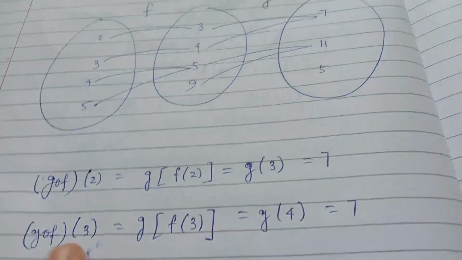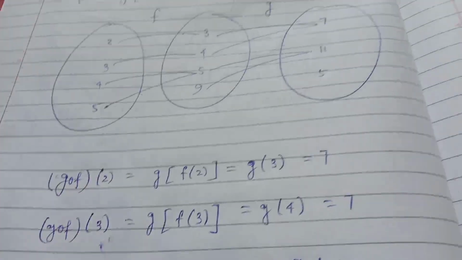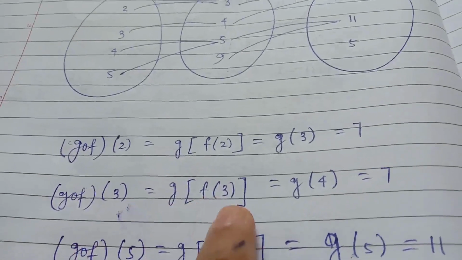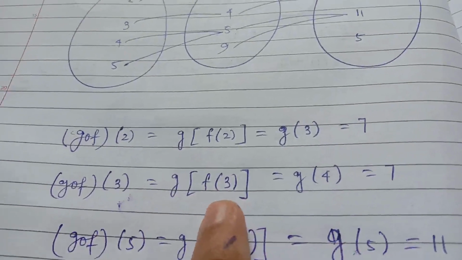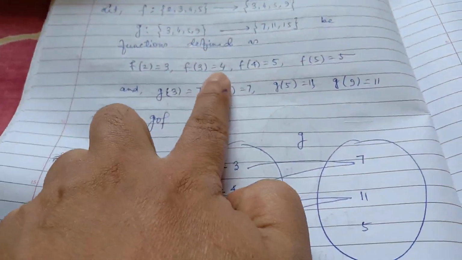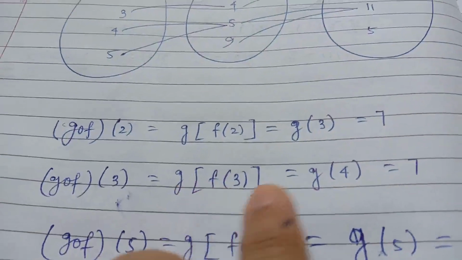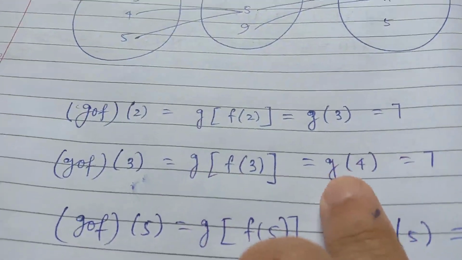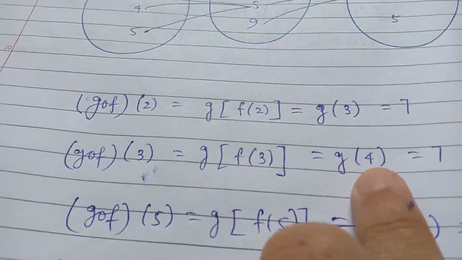Next element is 3. g composition f of 3 is equal to g of f of 3. f of 3 equal to 4, you can see f of 3 equal to 4. So g of 4, and g of 4 is equal to